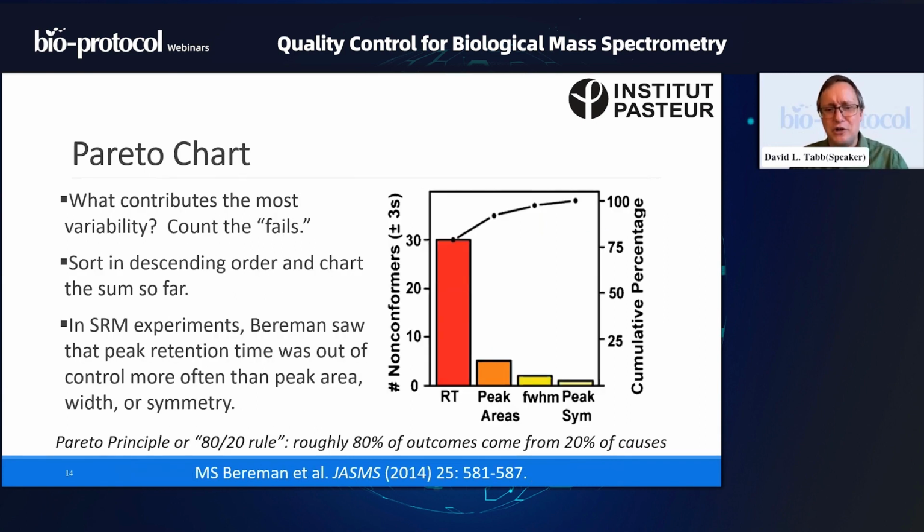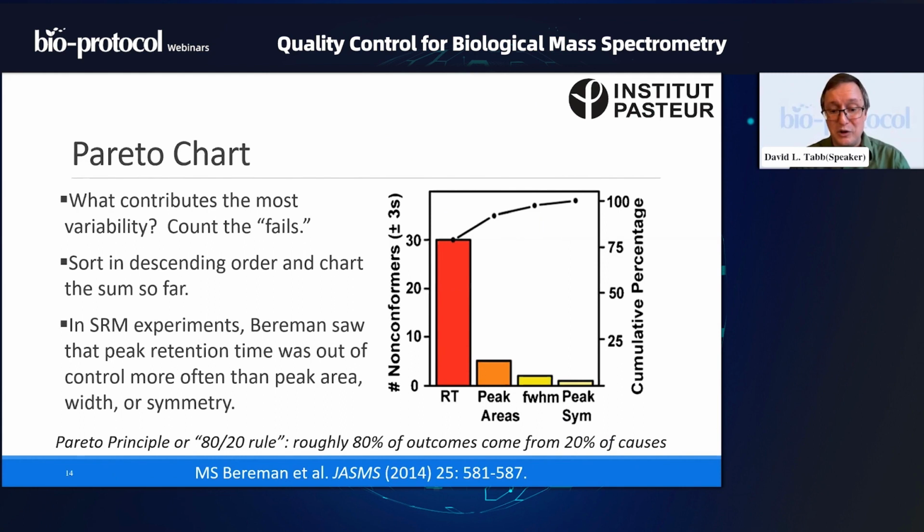Now I have to say Pareto charts are one of my favorite diagrams. And I think most of it comes from what we often call the 80-20 rule, which is to say that 80% of the time, 20% of your causes lead to the mistake. That is to say that some types of faults are far more common than others.